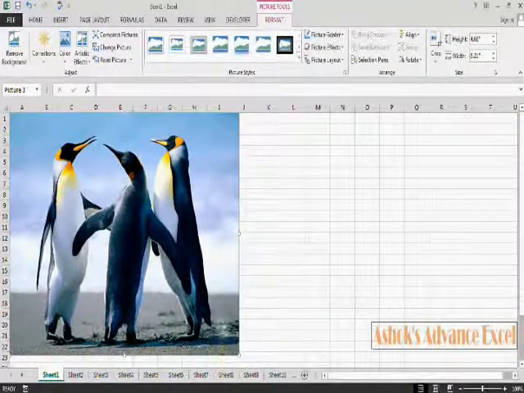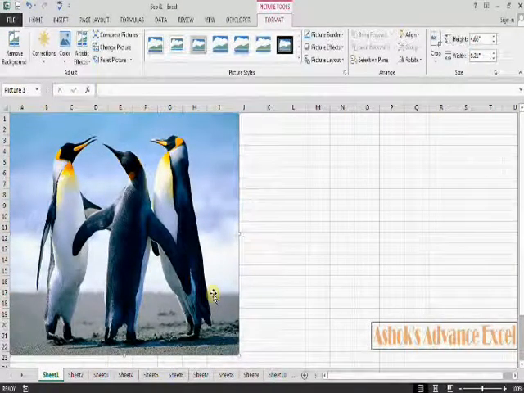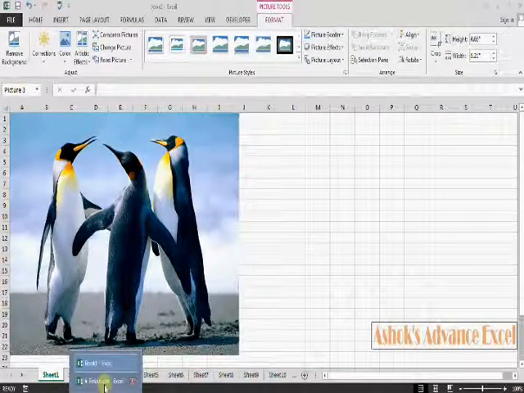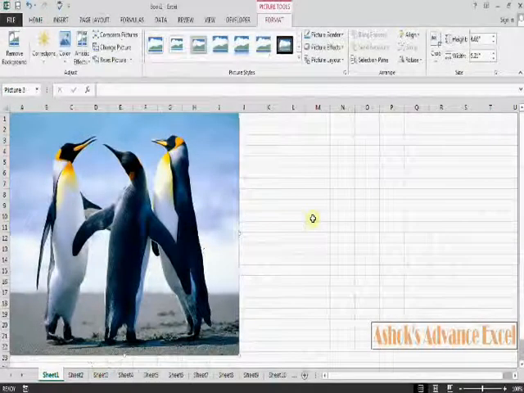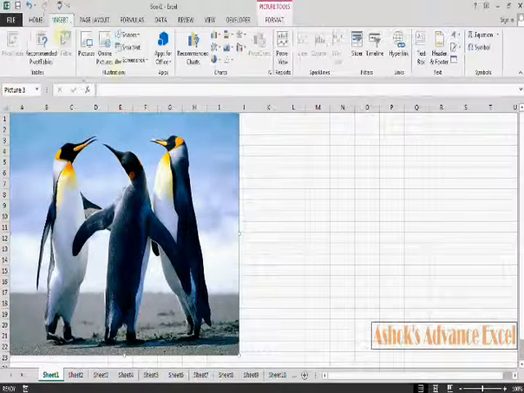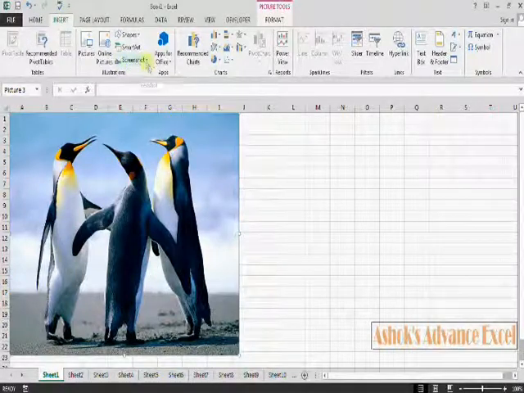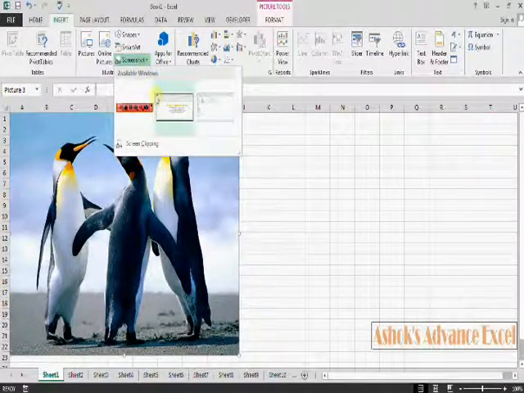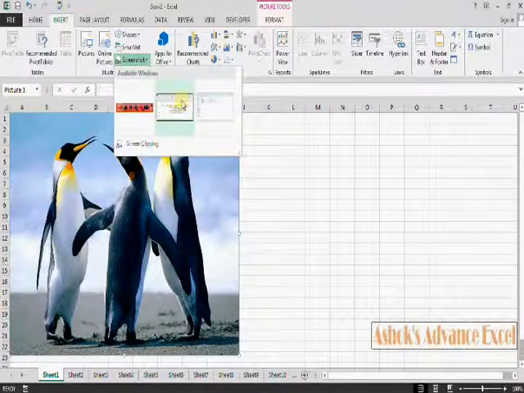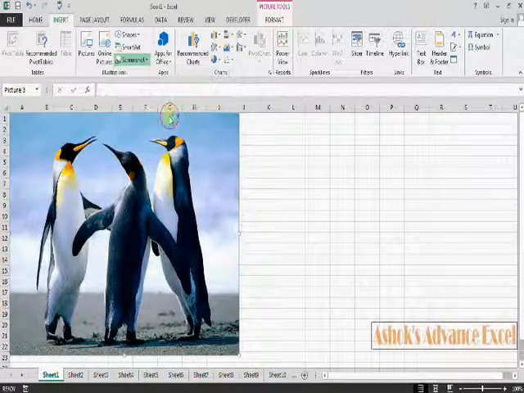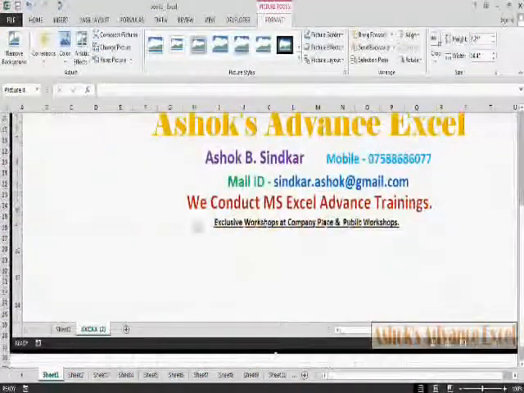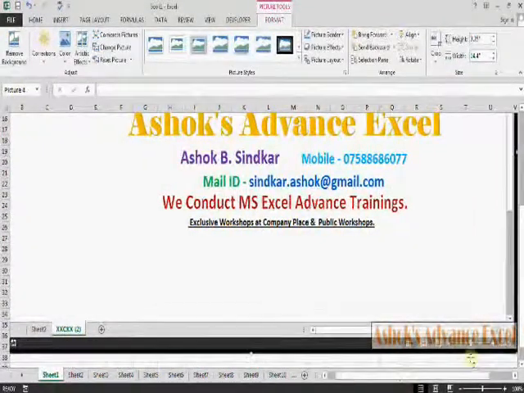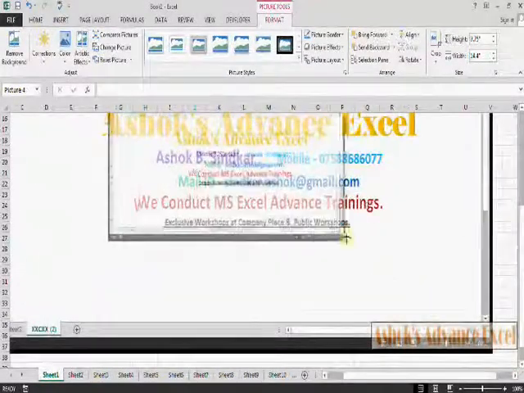See, I have already opened one more workbook here. Now go to the Insert tab. Screenshot is there. Click on screenshot and click that workbook which is already open. Now that screenshot has come here. No need to print screen and go to paintbrush and then crop and so on. So just resize it.